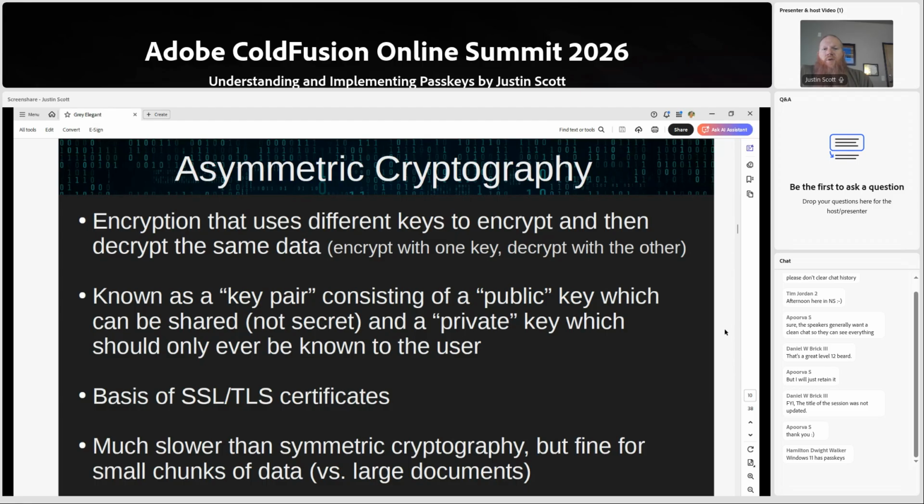And asymmetric cryptography, because of the nature of it, is much slower than symmetric cryptography, which is what most people think of when you think of encrypting data. You're typically thinking of symmetric cryptography, where you're using the same key to encrypt and decrypt the data. And so your goal is to protect that encryption key. With asymmetric cryptography, you have two different keys, one of which encrypts, the other one decrypts, and they can go both ways. So somebody can encrypt with your public key so that only you can decrypt it with your private